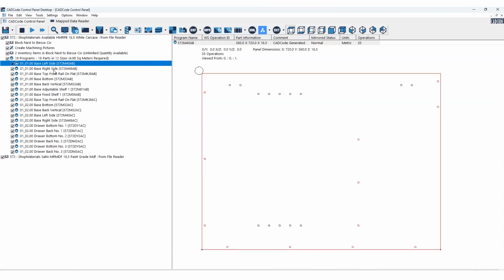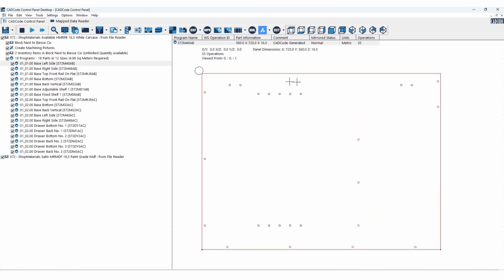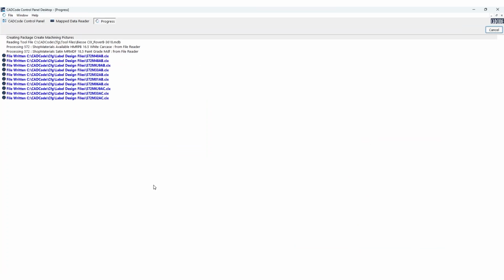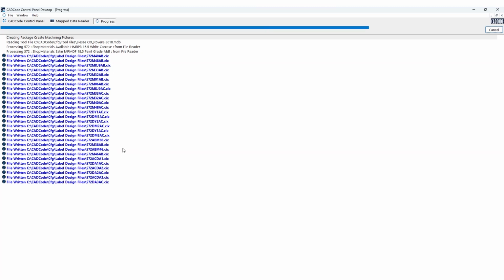So this will now show me actually all of those parts that we need to manufacture. So for instance, all the pieces that we actually need to cut at the CNC to do these cupboards. See like the adjustable shelves, fixed shelves, setback. Everything was handled by the customer. Keep pushing that one through. So this is actually set up for a BSE, so producing all the CIX files and stuff that I require for this job,